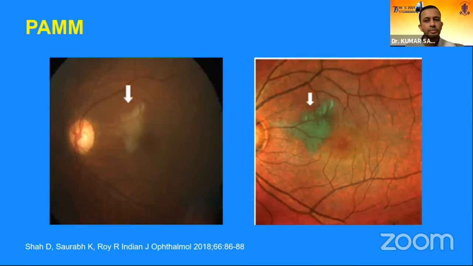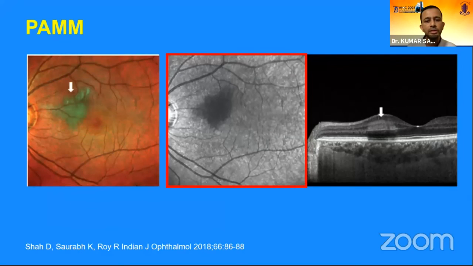Probably the last slide which I'm sharing regarding the inner retinal images is paracentral acute middle maculopathy. This is an ischemic change in the inner nuclear layer, and we can see in the color fundus photo a patch of whitish yellow color near the fovea, in the nasal part of the fovea, whereas the multicolor image delineates this paracentral acute middle maculopathy nicely by giving it a greenish hue. This greenish hue again is because that area is thickened. So anything which is thickened gives us a greenish hue.